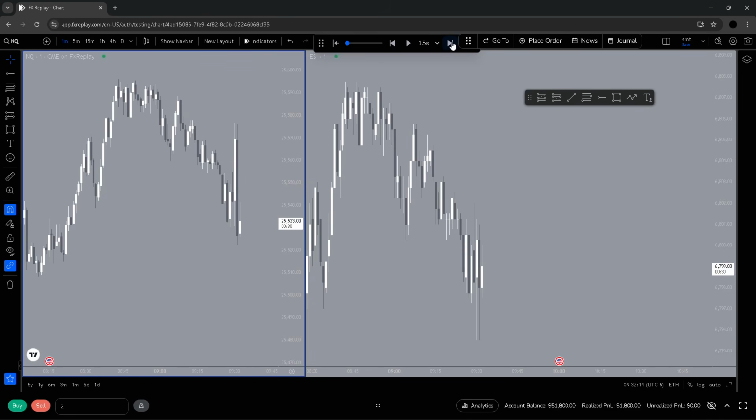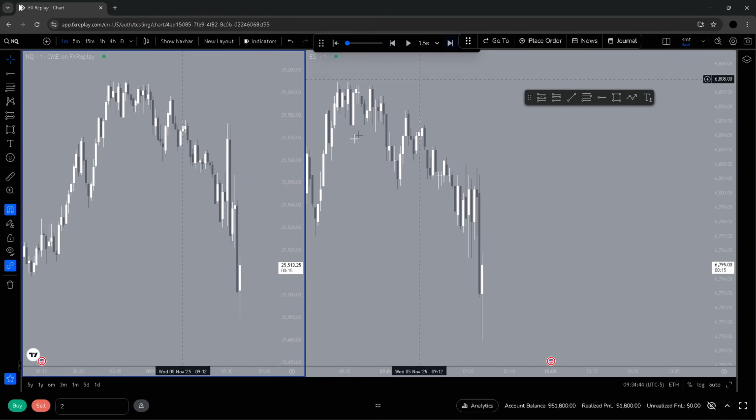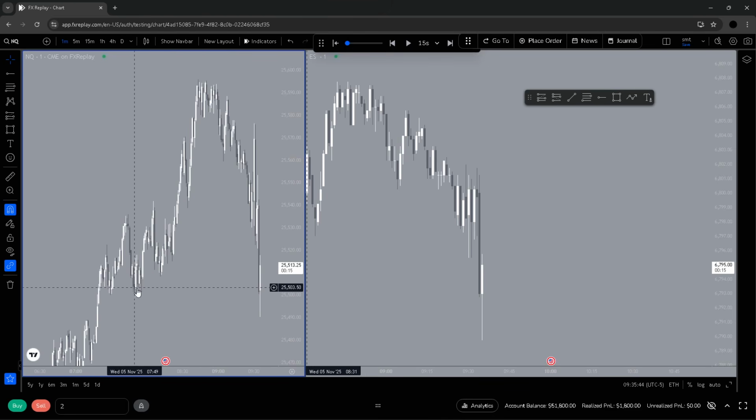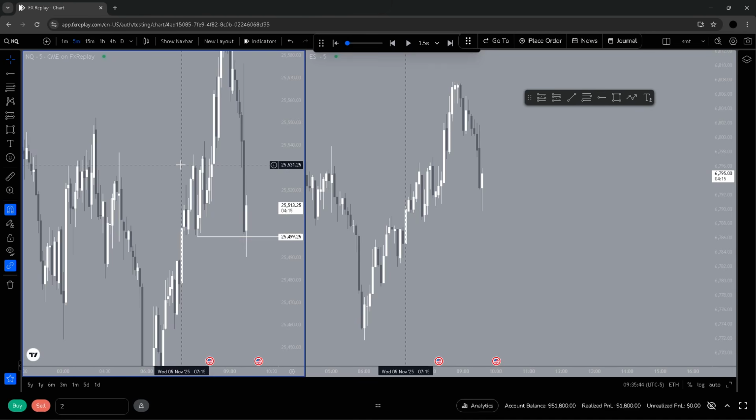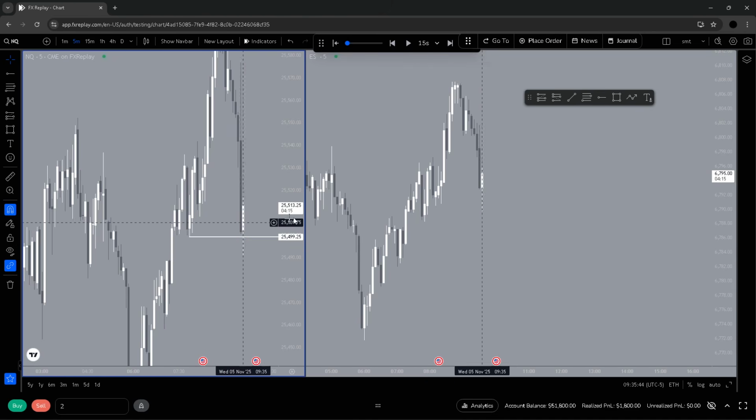Right, so we displace lower. Okay, I want to see what happens on the left hand side with these lows. So there's a lot of stacked lows, but we can reverse off these lows here. So mark out them lows and see how we react off them. Do we get order block or do we not? So we've manipulated... Yeah, this is a great point to turn around.